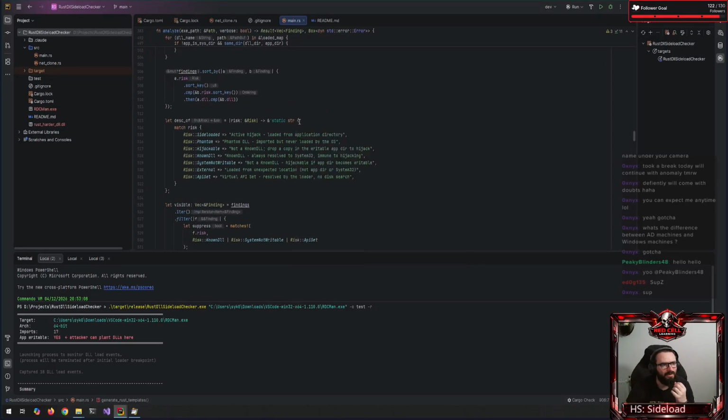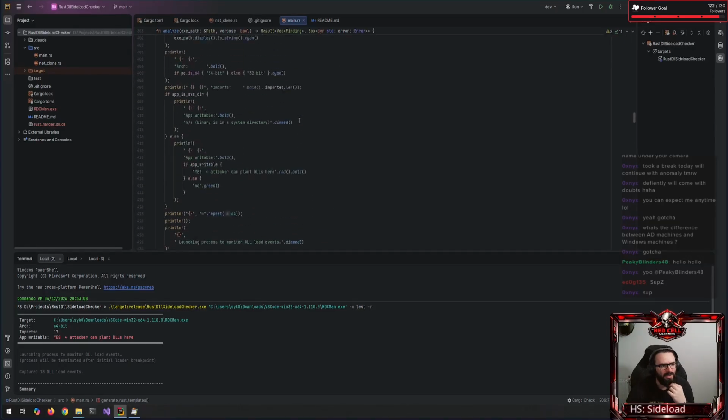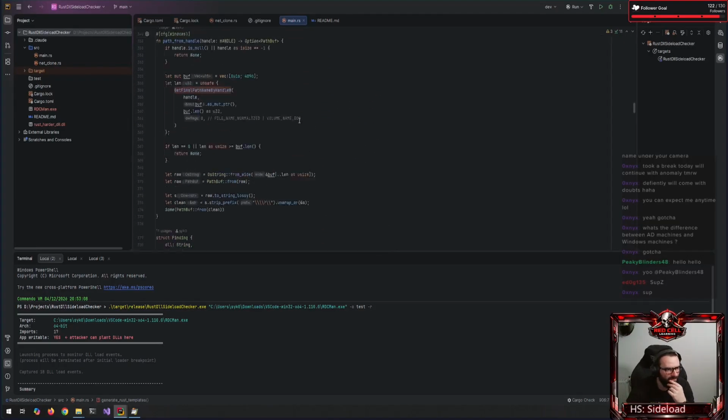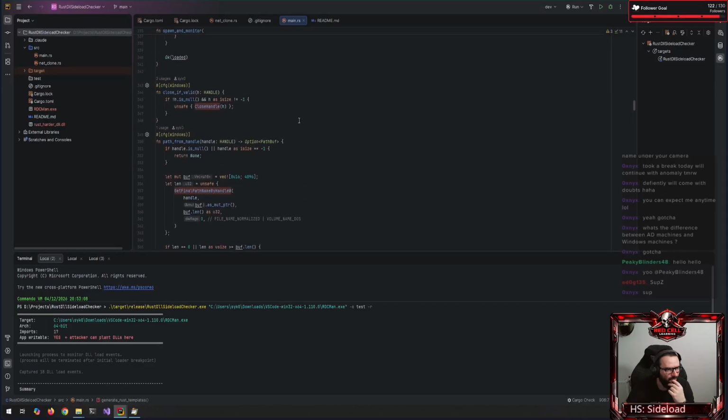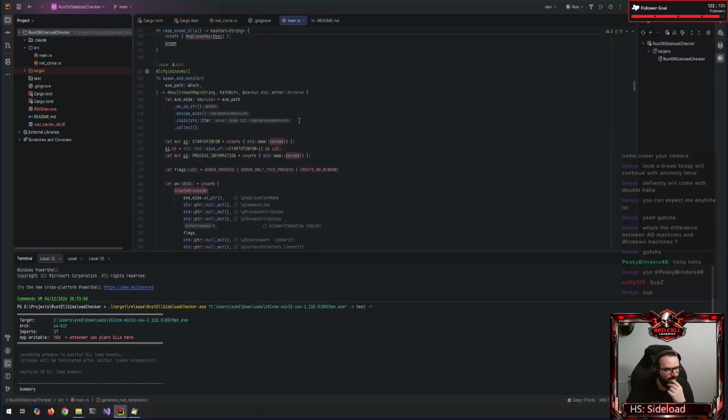Maybe it fails to load the application. Yeah, so